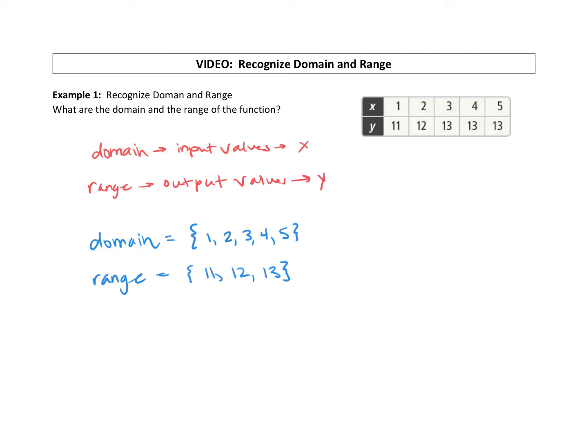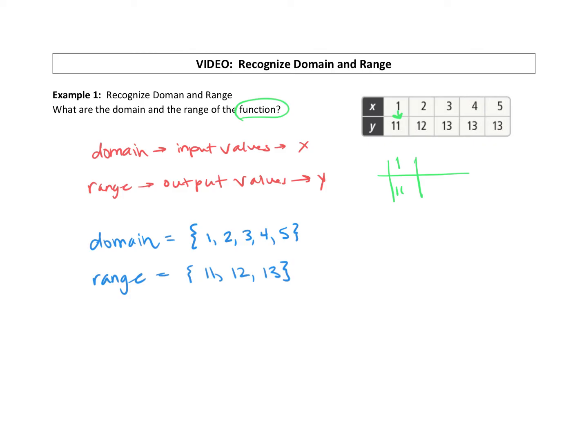And the last thing I want to point out here is we are told in the directions that this is a function. So let's just talk about the fact that it is a function and make sure we recognize why. So in a function, each element in the domain maps to exactly one output. So do you see how I have a 1 as my input and it's only giving me back one value, 11? Here's what it would look like if